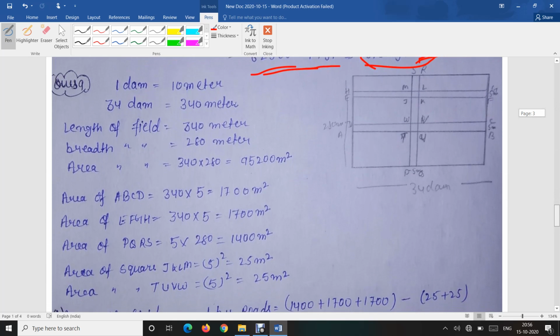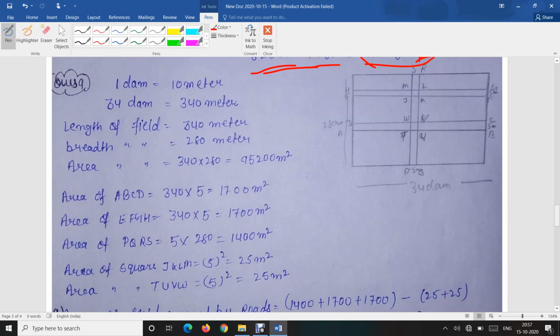Firstly, you changed 34 decameter into meter. You know that 1 decameter is equal to 10 meter. That is, 34 decameter is equal to 34 multiplied by 10, which gives 340 meter. So the length of the field is 340 meter, breadth of the field is 200 meter, and area will be length multiplied by breadth, which gives